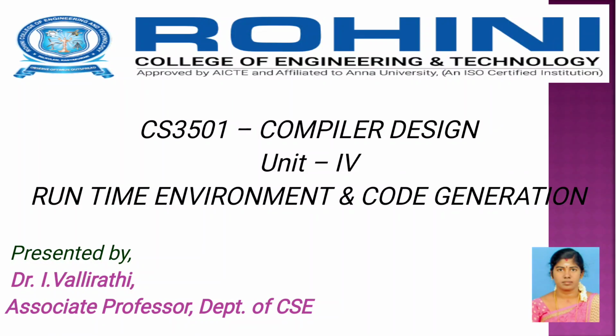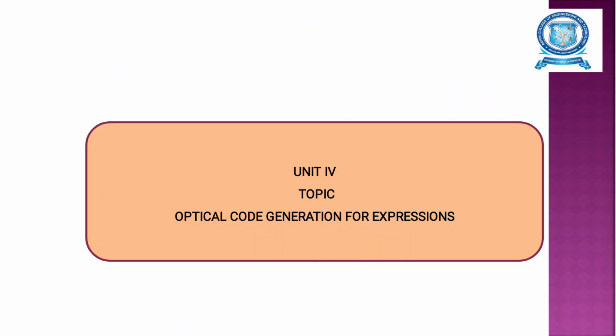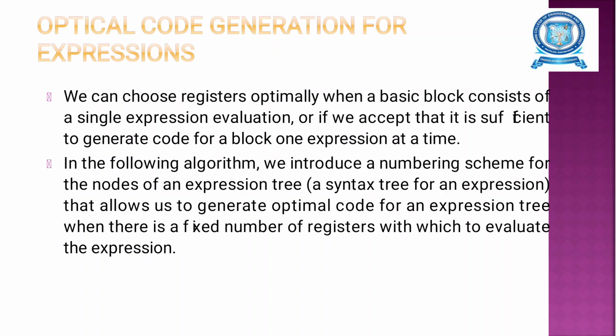In this presentation, we are going to discuss the runtime environment and code generation, with the subtopic optimal code generation for expressions. Here we can choose the registers optimally when the basic block consists of a single expression evaluation, or if we accept that it is sufficient to generate code for a block one expression at a time. So in the following algorithms we introduce a numbering scheme for the nodes of an expression tree,